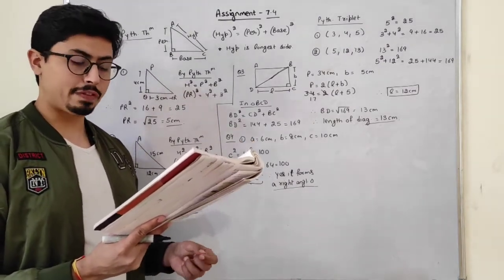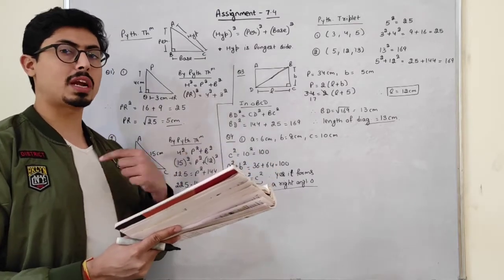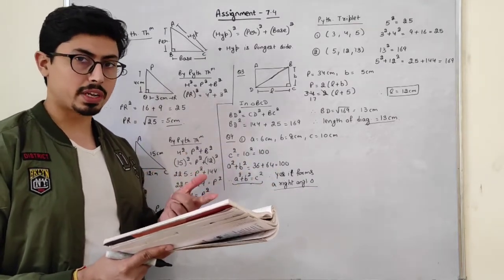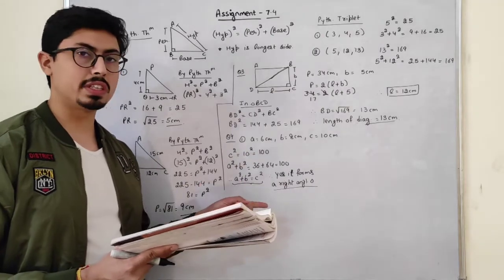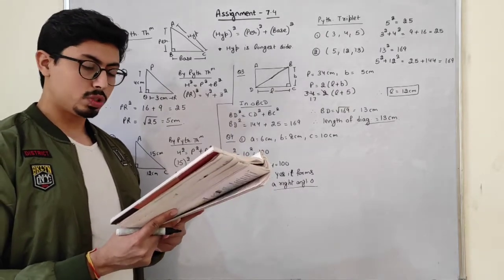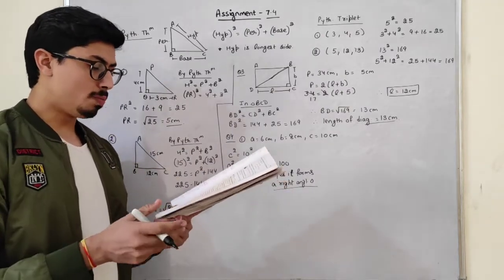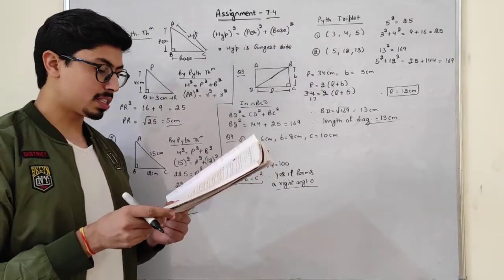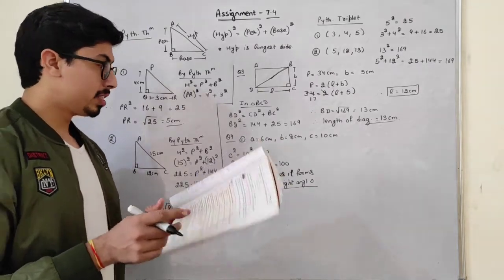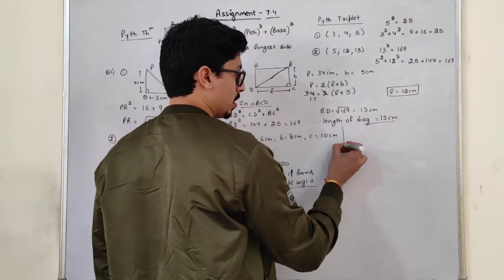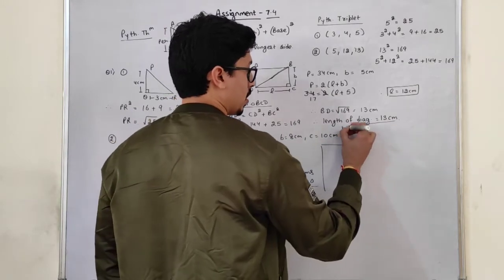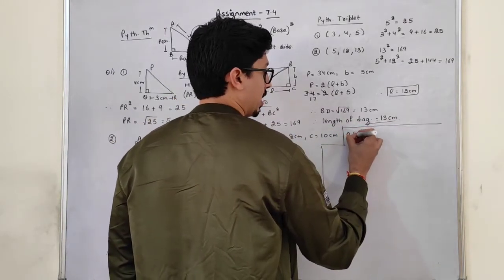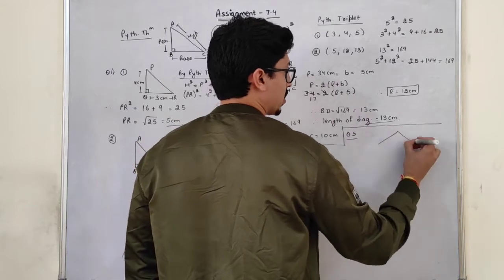Similarly, you can find out the second part also. But students, I am telling you, it does not form a right angle triangle because it will not satisfy this condition. Okay. So this you can find out, students. Now moving forward to question number 5th, students. See, in question number 5th, this triangle is given.